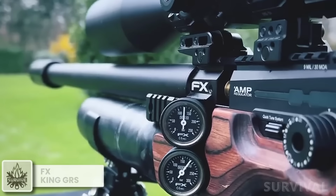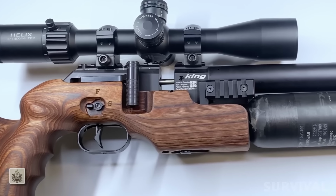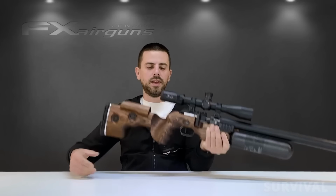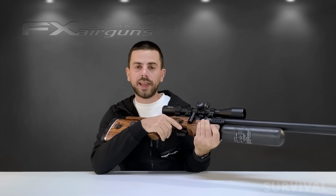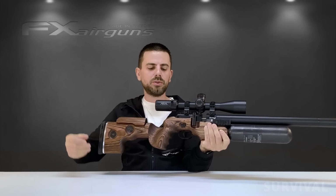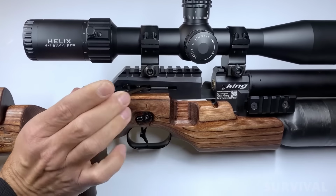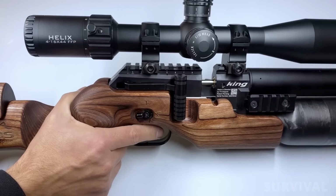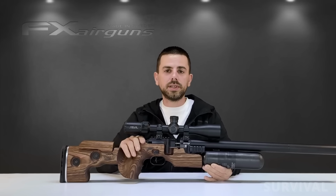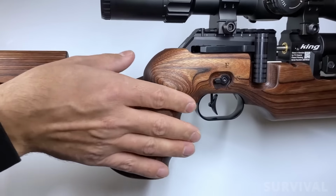Next up, we have a PCP air gun that can do amazing things with both pellets and slugs, and it also happens to look great too. At its core, the FX King inherits the same tried and tested block of the Panthera that's capable of delivering a huge amount of power and energy. The FX King is an awesome pellet shooter without a doubt, but where it really excels is shooting slugs thanks to its slug-based design and innovative valving, all while maintaining a slim and beautiful look